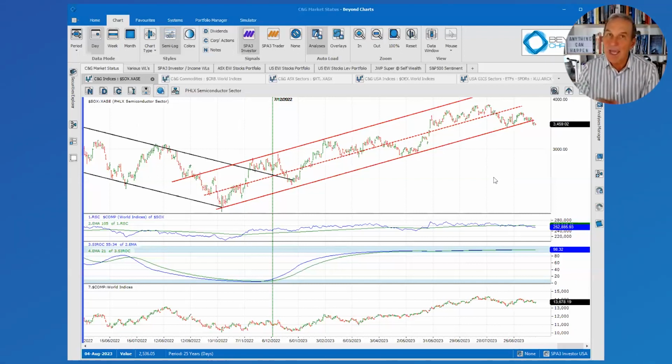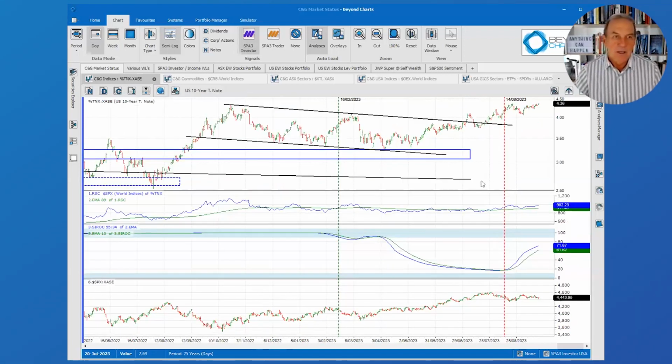One to keep an eye on, as are the symmetrical triangles that I've taken you through so far. Okay, just bond yields on the Treasury note is still rising. It's up at 4.36%, although it has kind of gone sideways since about a month ago, the third week of August. But this indicator rising over here is on the moving average of the ratio line over here. So the yields are outperforming equities at the moment, and that's what this is showing over here.